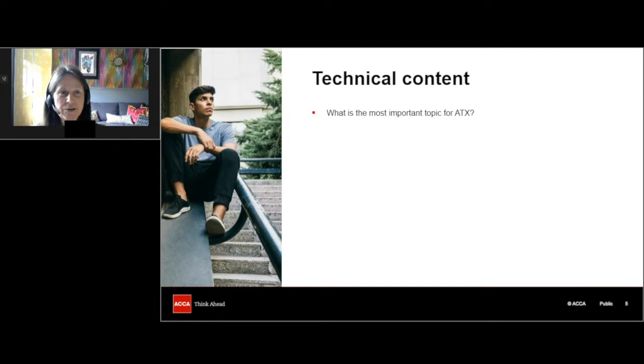You need to know about income tax, corporation tax, capital gains tax, inheritance tax, VAT, national insurance, and all of the core areas for all of those taxes. So there isn't, sadly, a guaranteed topic apart from ethics. You do need to have a good knowledge of the whole syllabus.